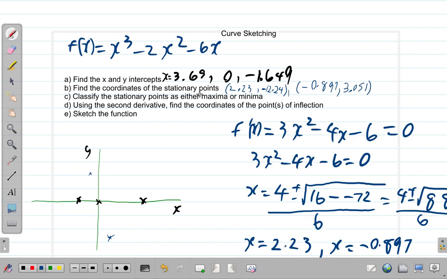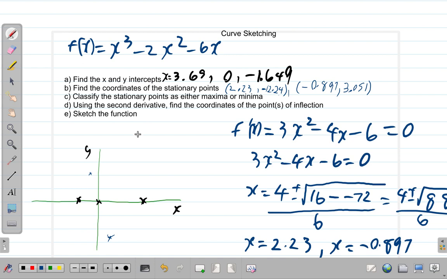In previous videos, we did part A of this question and part B. Let's look at part C now. We need to classify the stationary points as either minima or maxima. Alright. Remember now,